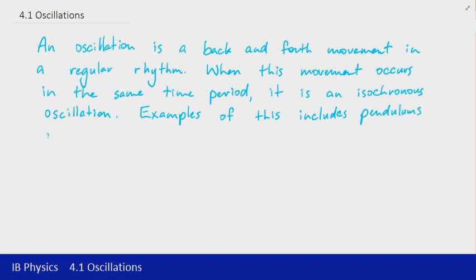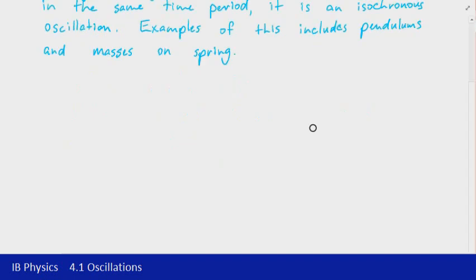And the other one that we'll deal with that you might think, well, it seems a bit strange to use this as an example, but it's actually a fairly useful idea for a number of different devices. It would be a mass on a spring. So they're the two scenarios that we're going to have a look at in more detail in class, but just